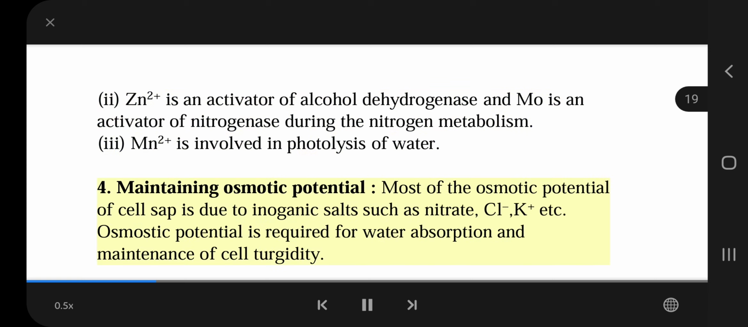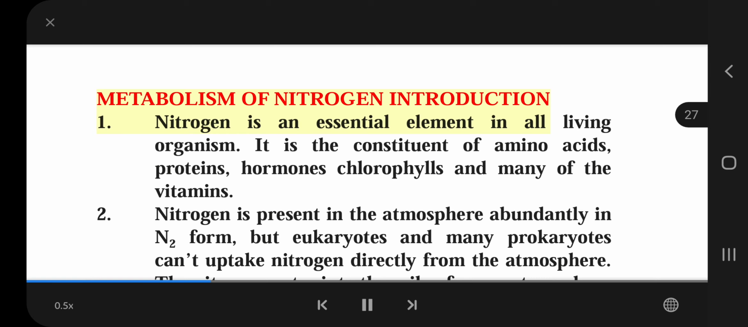4. Maintaining osmotic potential. Most of the osmotic potential of cell sap is due to inorganic salts such as nitrate, Cl-, K+, etc. Osmotic potential is required for water absorption and maintenance of cell turgidity. Metabolism of nitro